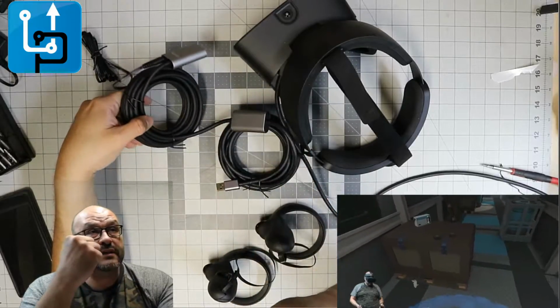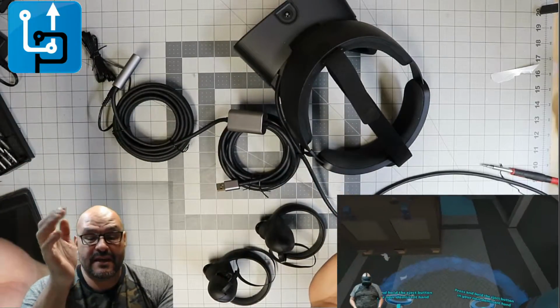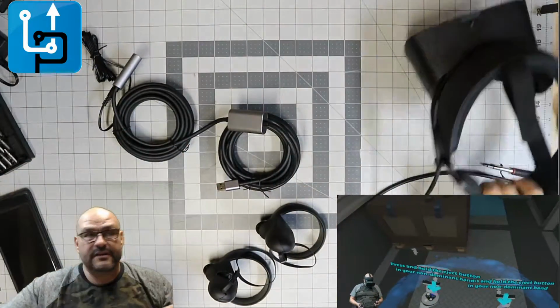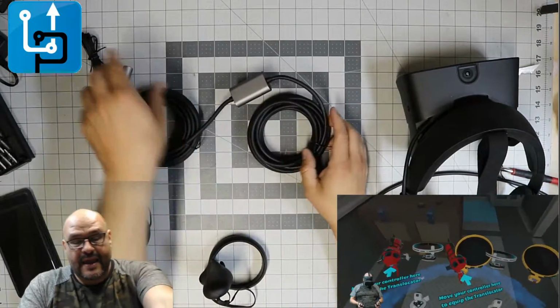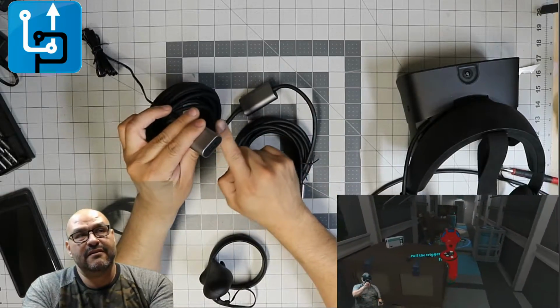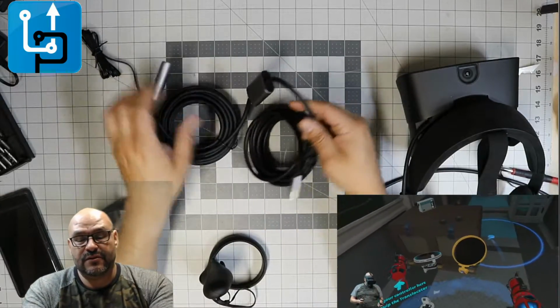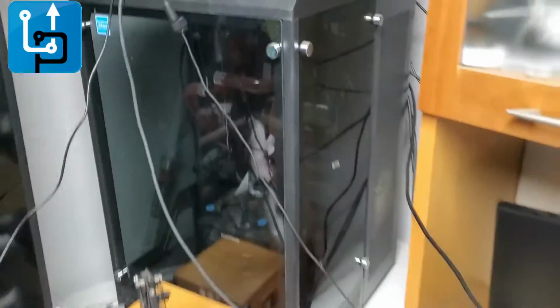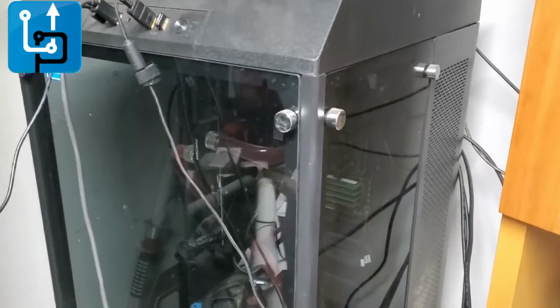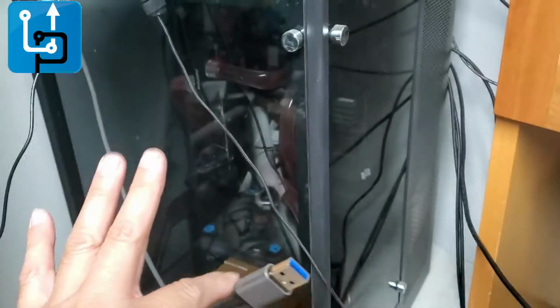I'm going to do a green screen in the background so you guys can see some of the game. Let's go ahead and power this up and see how it goes. I'm going to plug it in from here, and this is going to go down to the unit. So let's go ahead and expand this. All right, so my cable. This is my computer here. It's all the way over here. This is going to be the host for all the videos and stuff like that. So we're going to use this